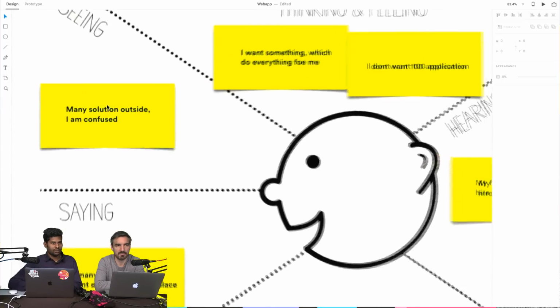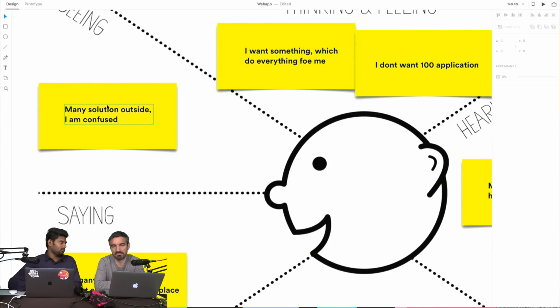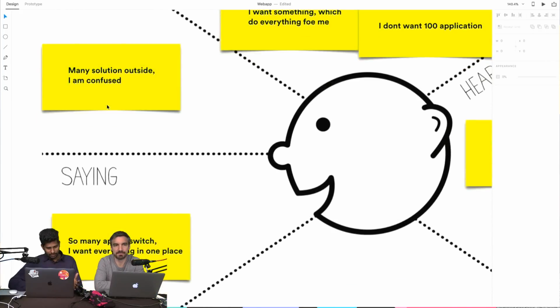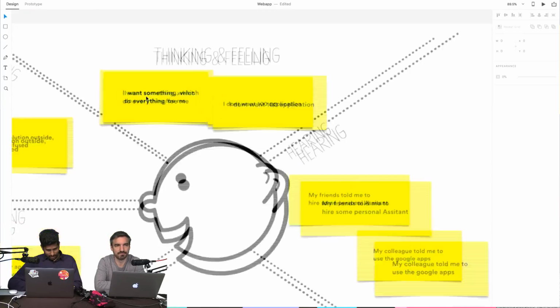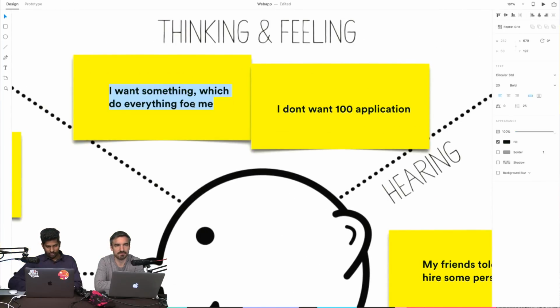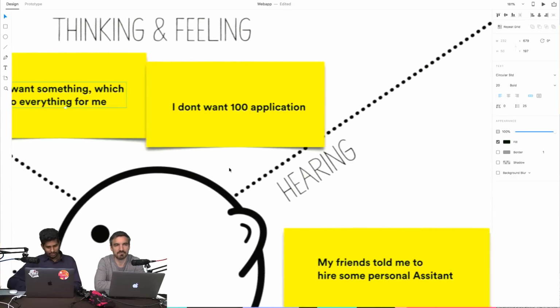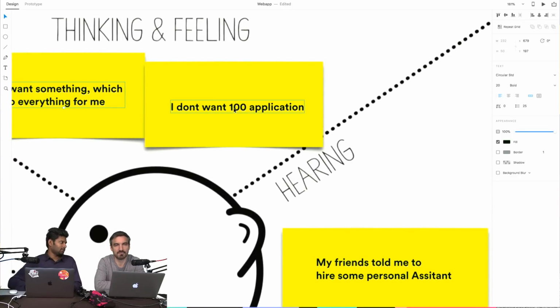He gets confused because there are so many software options, if you see, like 10 to-do apps minimum. He says he wants to switch between so many apps in a day, and he is thinking, I want something which does everything for me, so I can correct quickly. I don't want 100 applications on my desktop.